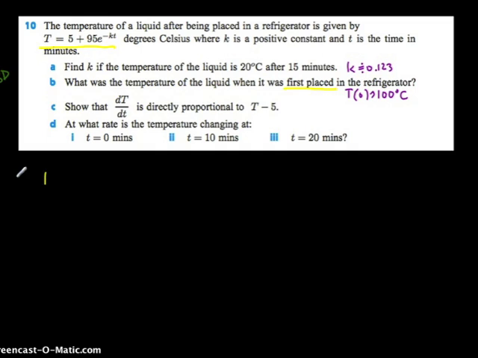So we're looking at part C. Our original function of temperature with respect to time is 5 plus 95 e to the negative 0.123t. Now from what we learned in part, I believe that was part C, if I'm not mistaken. No, just kidding, it was part A. In part A, we learned that when you're taking the derivative of an exponential function, it's actually very clean